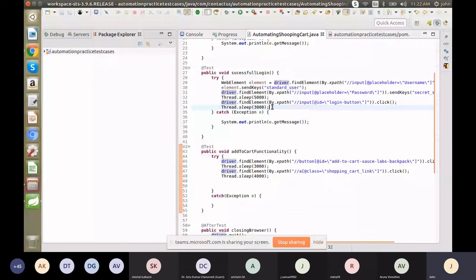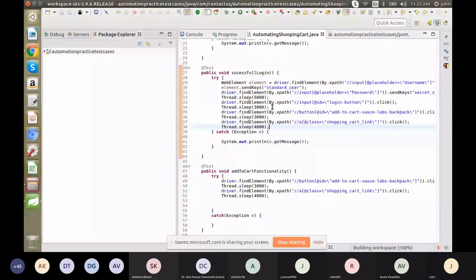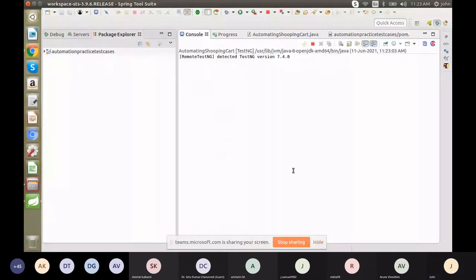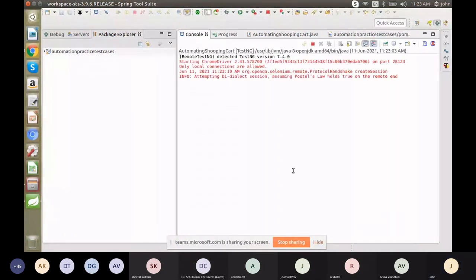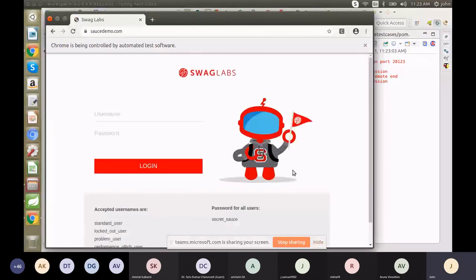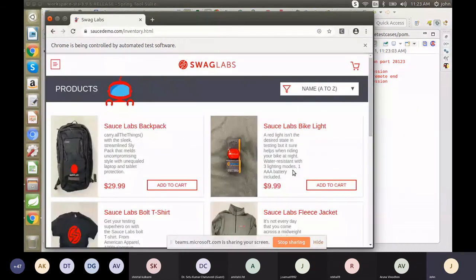Let me run this code. That is loaded. Now it is automatically added to cart.